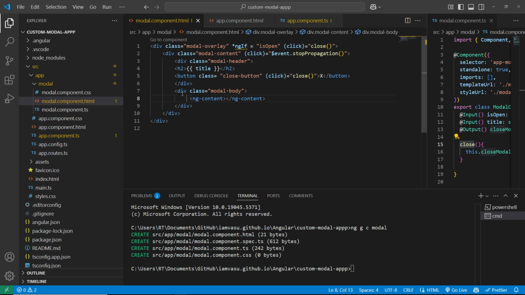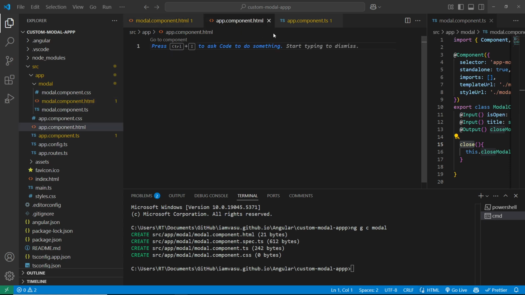I'm going to include one more footer over here. First, let's check the output, how it's going to look. Later we'll modify a few more things. So now the next thing we need to do is open app.component.html. Whatever content you want to see, you need to include this particular modal in app.component.html. Unless you include it, you are not able to execute